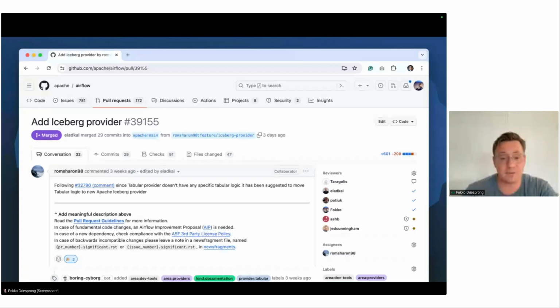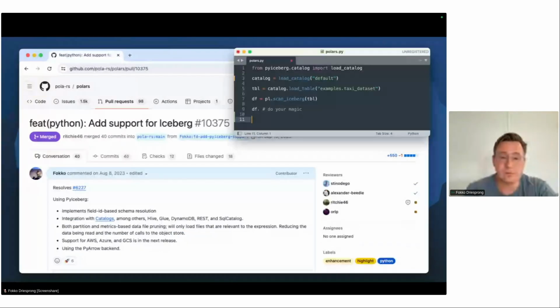Another example is Polars, which is a Python data frame library. This is, I think, a really cool implementation because it's also lazy. What you can see in the top right is a small piece of Python where we first load the catalog in PyIceberg, then we load the table and we start a scan. And at this point, we don't really fetch any data yet.